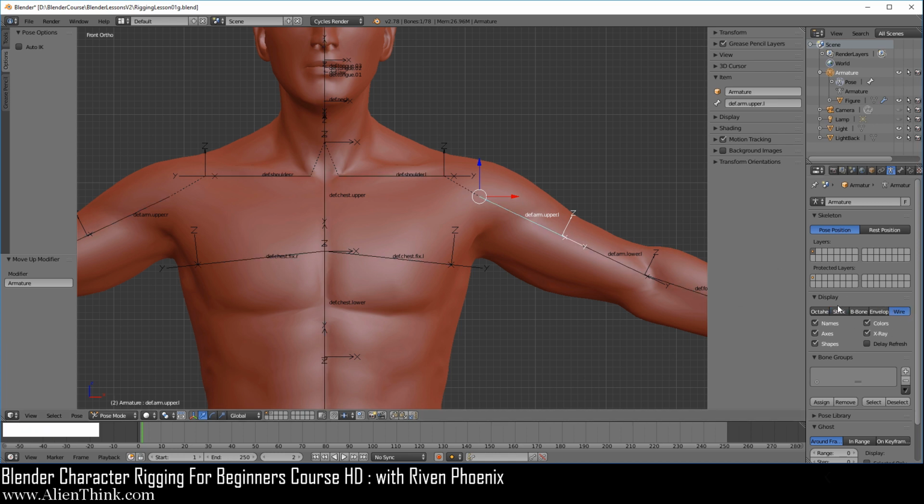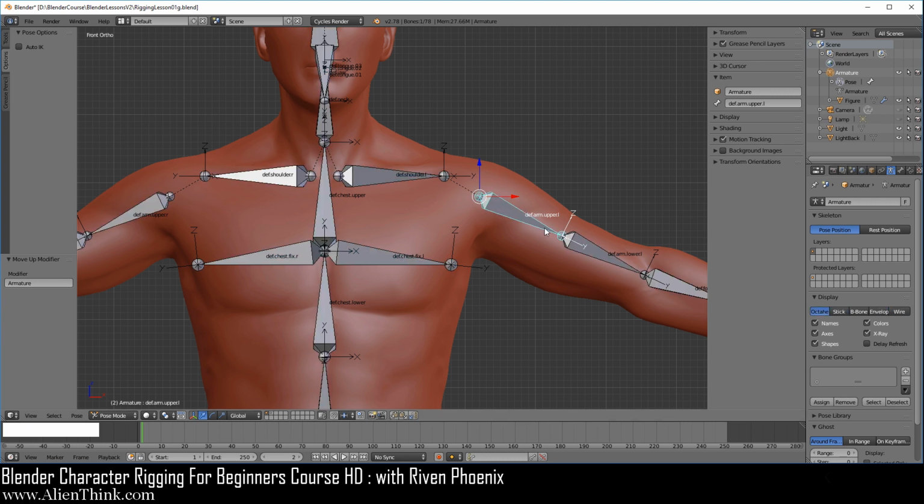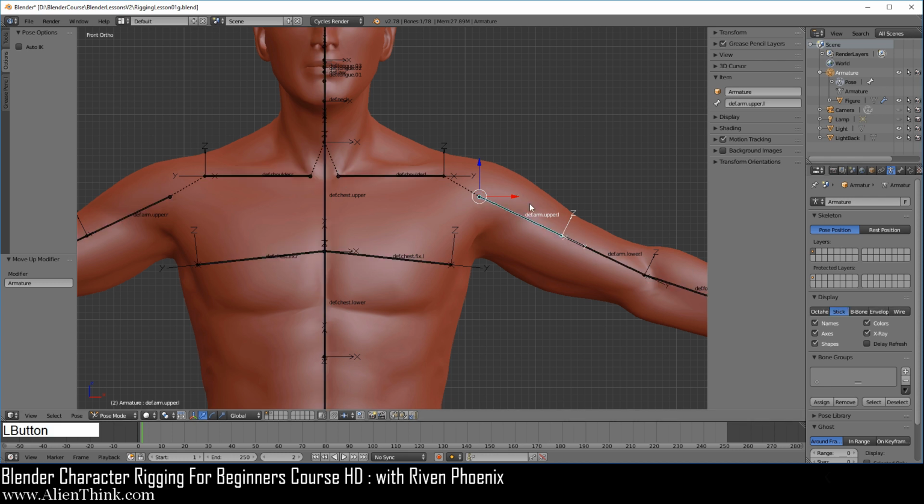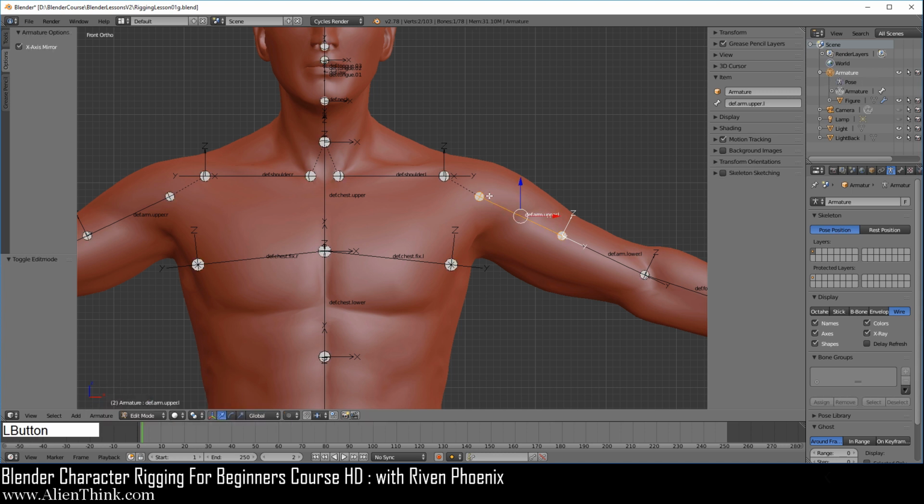And the reason these two displays are here is because the octahedral shape is going to get in your way when you are actually posing your character. So you can choose these two options to see how to pose the character a little more clearly, and that's what wire is here for too. Okay, now notice that when we click on wire in pose mode, it's just a line, but when you switch to edit mode on the armature, it's going to show you the vertices as ball shapes over here, and stick mode is just going to show you these two dots.